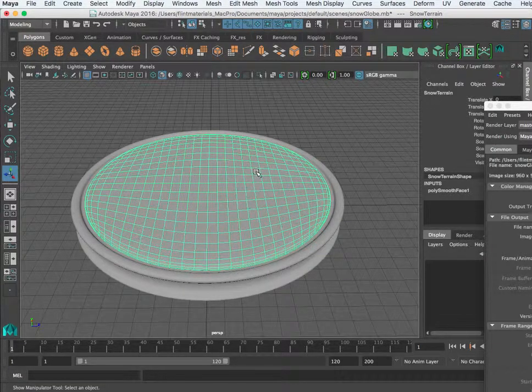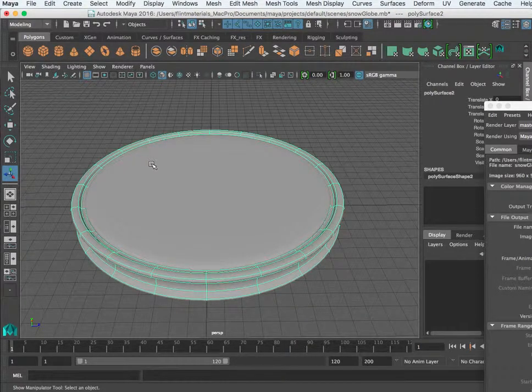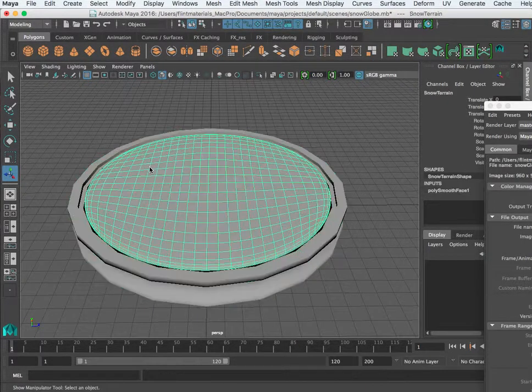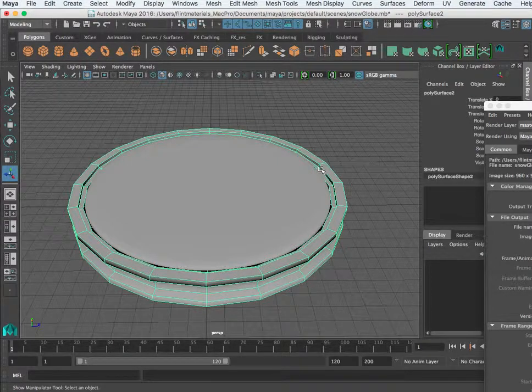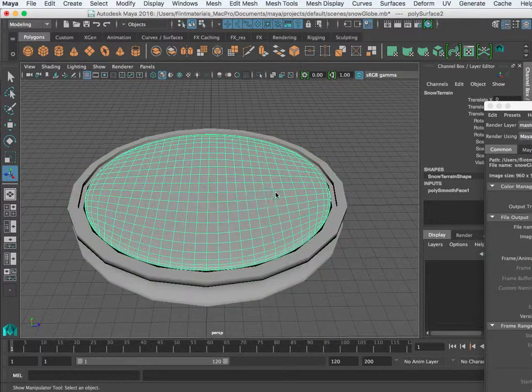But if you use the smooth tool, it's going to add geometry. The mesh preview does not add geometry. See that, and the denser your mesh, the more information has to be processed. So your polygon count, is what they call it, is very important, especially when you get into gaming and things like that. Alright, but for our purposes, a 2 is fine for the division level on the smooth, and that's